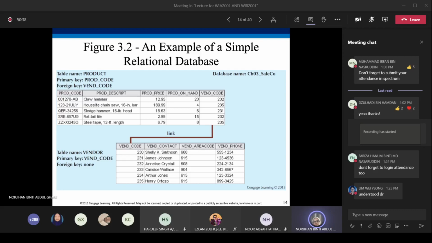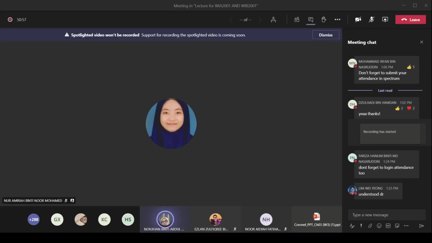Vendor code in the vendor table is the primary key, but its existence in the products table is as a foreign key. So that's the explanation for foreign key.